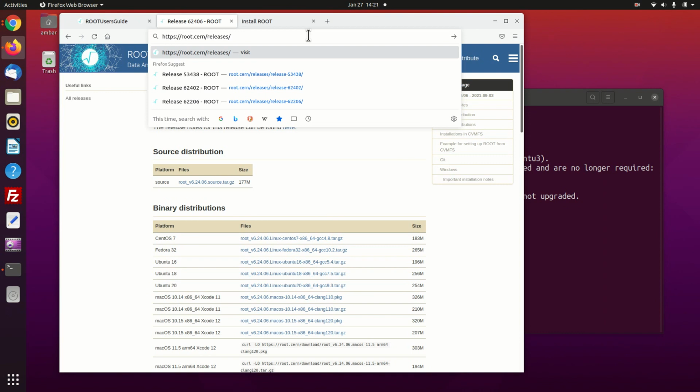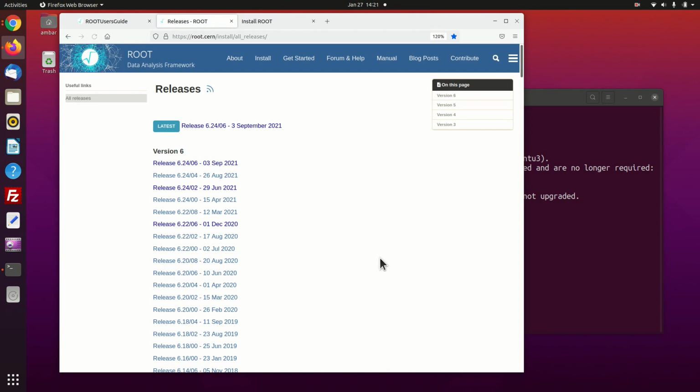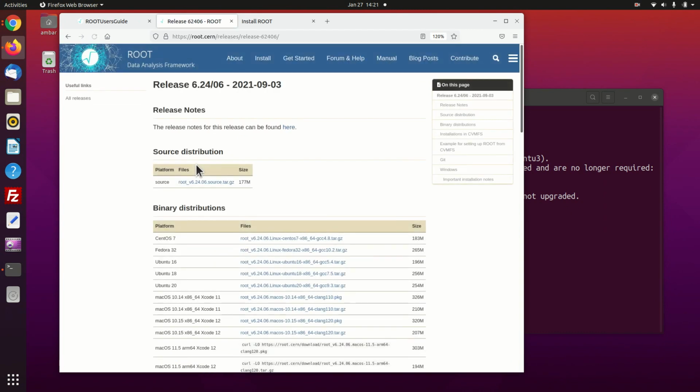So if you go to the releases, then you will notice that the latest release is 6.24, and it was released on 3rd September. So it is common that the release that you install today becomes an old one very soon, because in this case, for example, June, then August and September, there are many updates. So you can go on updating your system, or you can leave it and work with the one that you have installed. Whenever you are installing for the first time, you click the latest release. So this is 6.24,